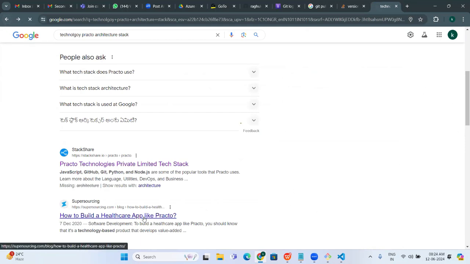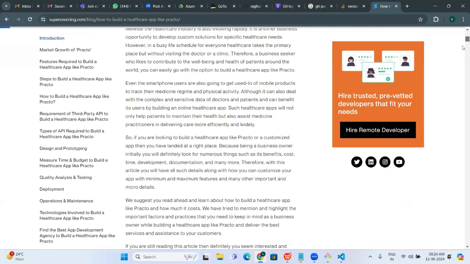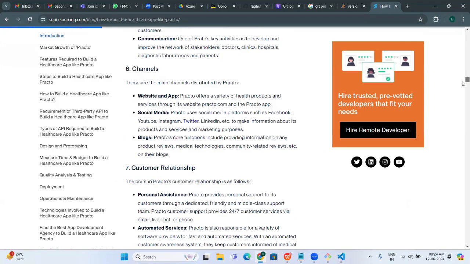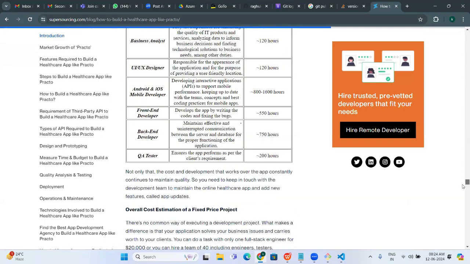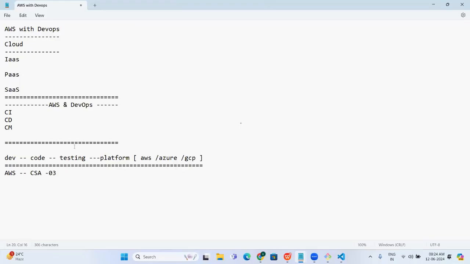And we can try to build our own applications. For that, we need to understand what AWS services or Azure services are given, and how to utilize them. For that, we need to write a certification, Solution Architect Associate.